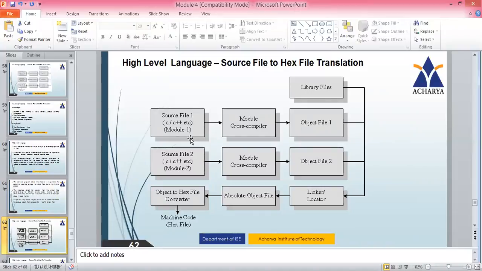So how is it made compatible? For that purpose, all the systems in your labs have Keil software. Keil is a cross compiler. Whatever programs you have written for ARM, the Keil cross compiler takes that program and gives the output. It makes it compatible. It's a kind of compiler that makes you feel that you are working with the ARM controller.